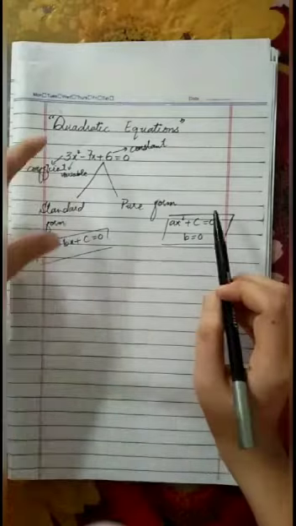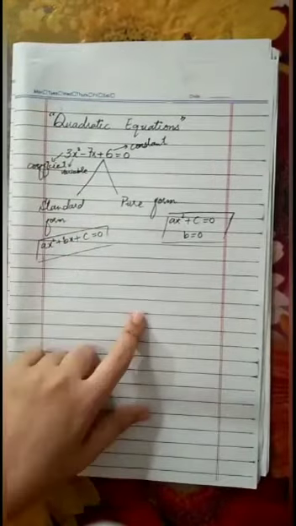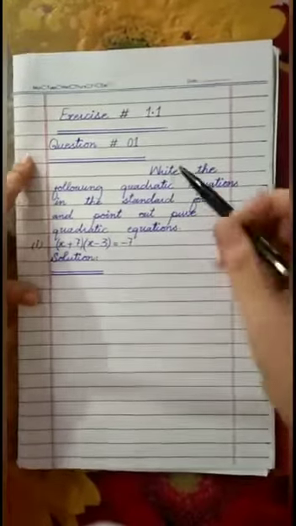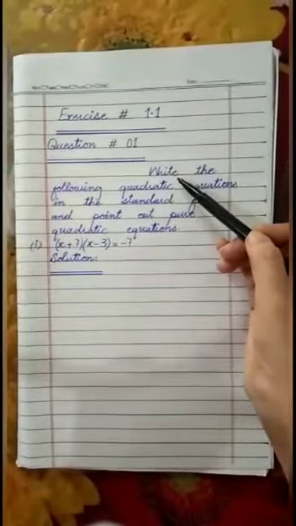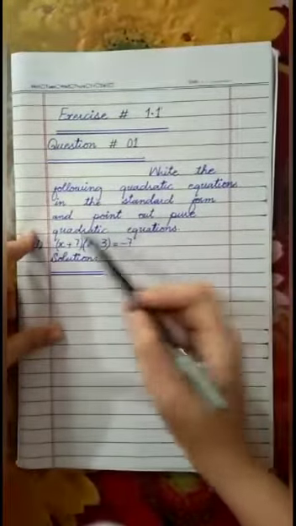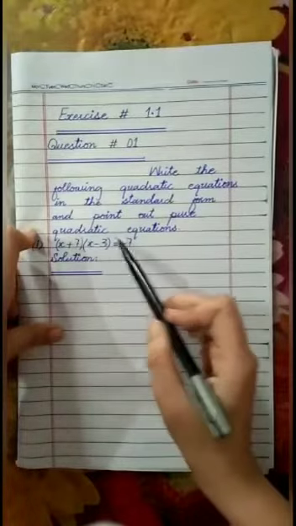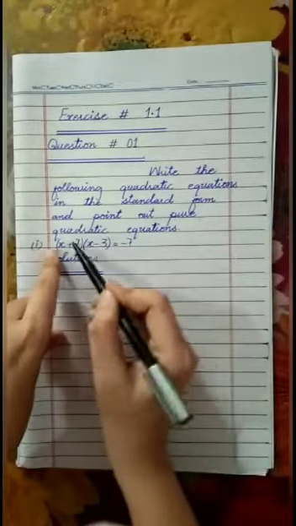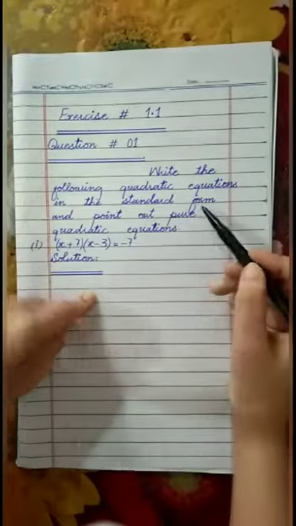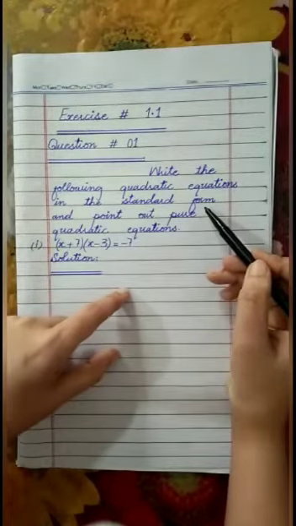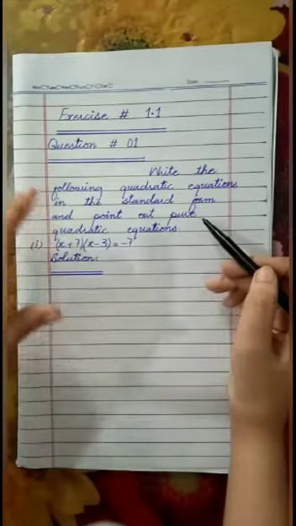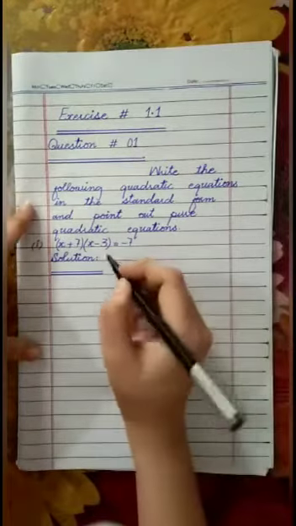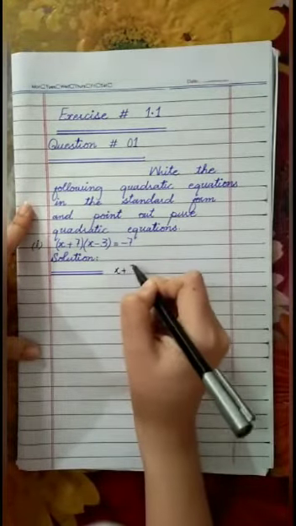Students, keep in your mind. Quadratic equations clears, two types are cleared. Now we will move ahead. Here exercise number 1.1, question number 1. What question is here? Write the following quadratic equations in the standard form and point out pure quadratic equations. Students, we have to write quadratic equations. It is given, we have to change in quadratic form, then change in standard form. Okay, standard form, then which we have to check is it quadratic equation in pure form or not. So let's move. That is x plus 7